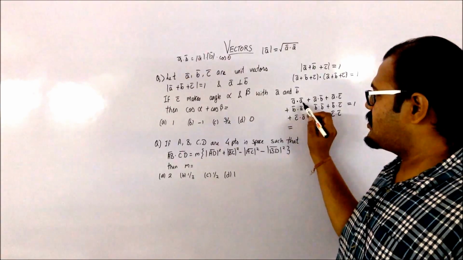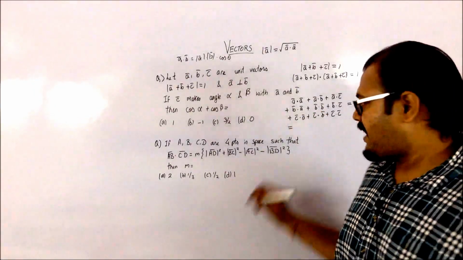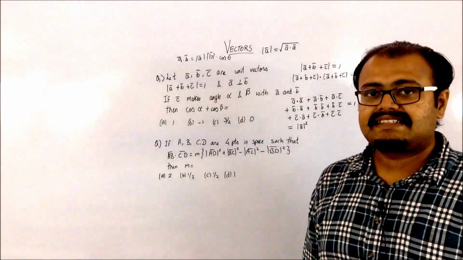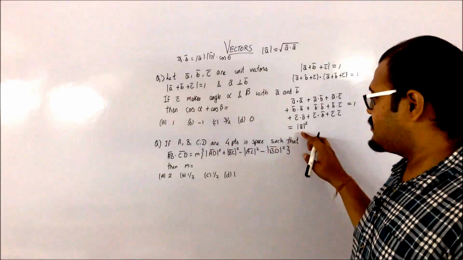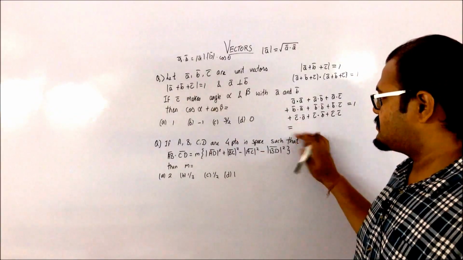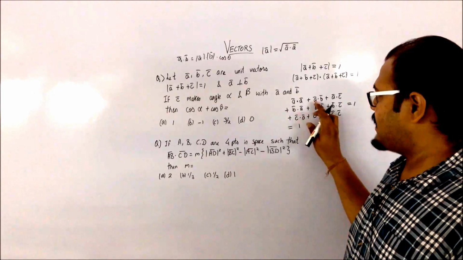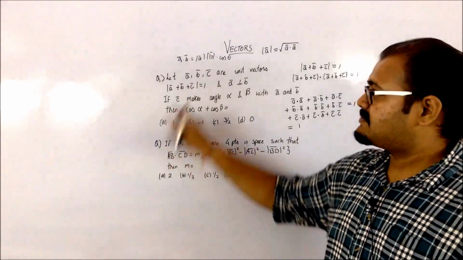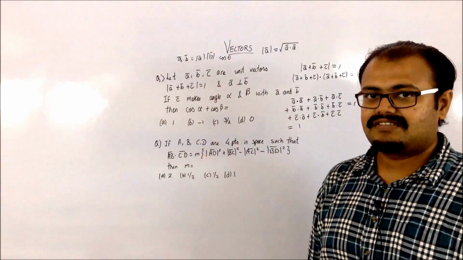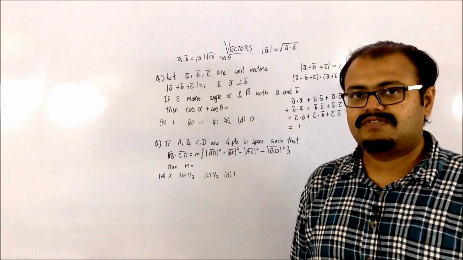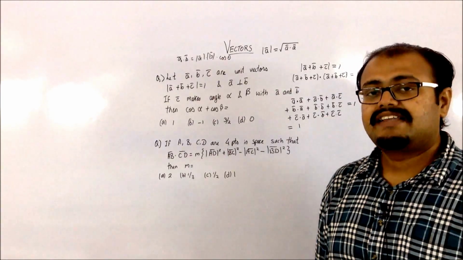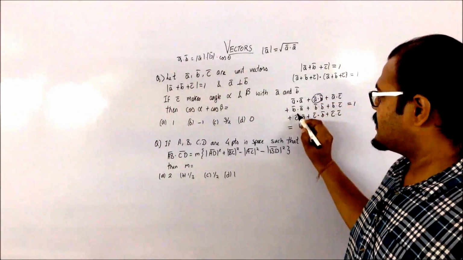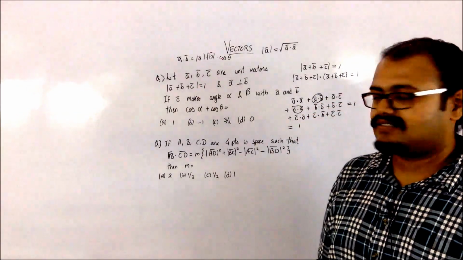So if I am having A dot A, it means I am taking the magnitude square. So magnitude of A bar square, and since A bar is a unit vector, the magnitude of a unit vector is going to be 1. So this is going to be 1 plus A dot B. Now they have given that A and B are perpendicular to each other. So that means my angle theta is 90 degrees. So whenever you are having the dot product of two vectors which are perpendicular to each other, the value of that dot product will be 0. So this term is 0, then B dot A bar is also 0.